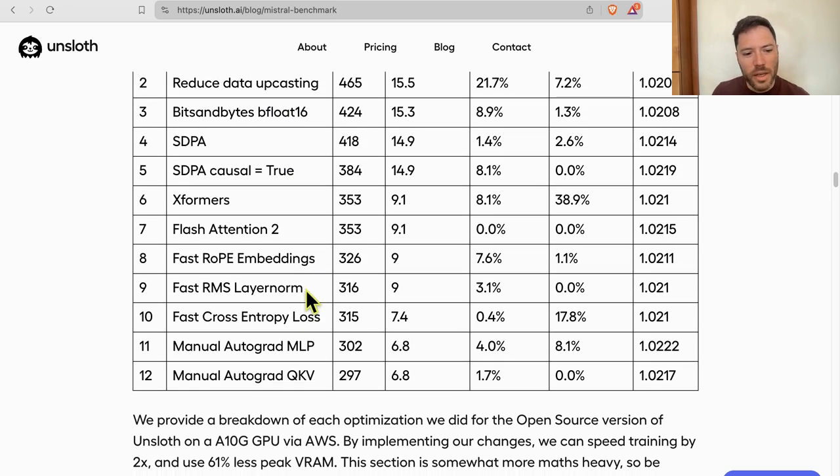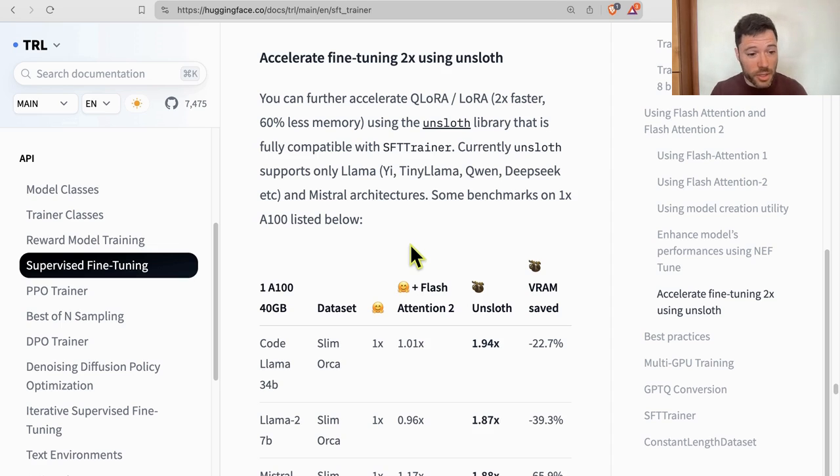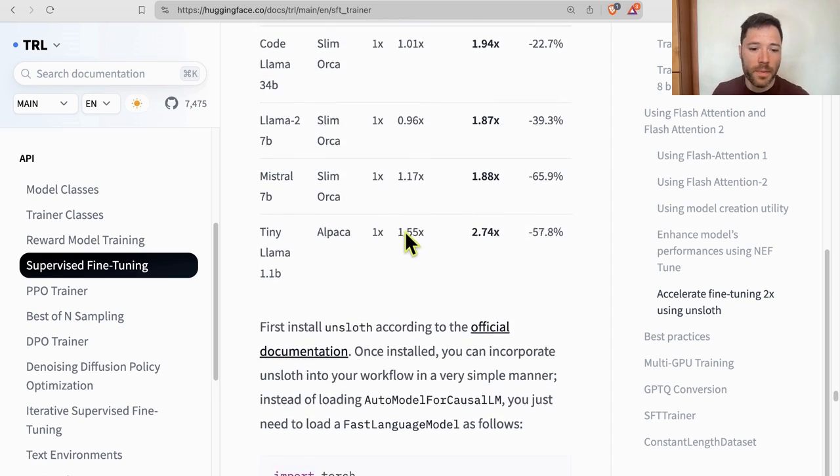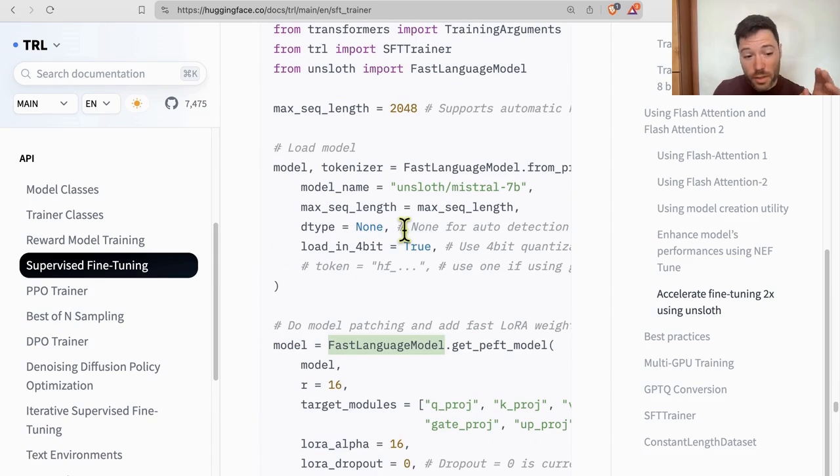And basically, there are different ways that the matrices are multiplied, and Unsloth has found ways to reduce and combine calculations so that you get overall speed ups during the fine-tuning process. Hugging Face provides documentation for how to integrate Unsloth. It's supported by transformers. There are a few differences that I'll go through in a notebook, but when you load